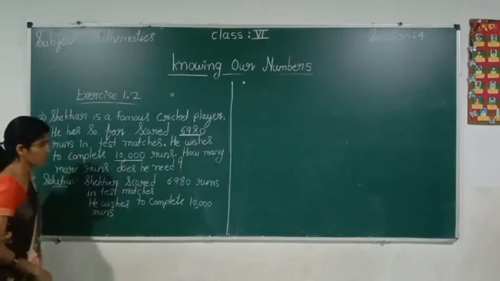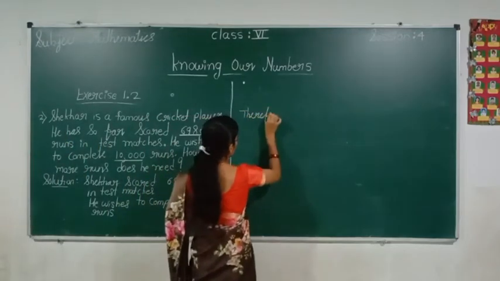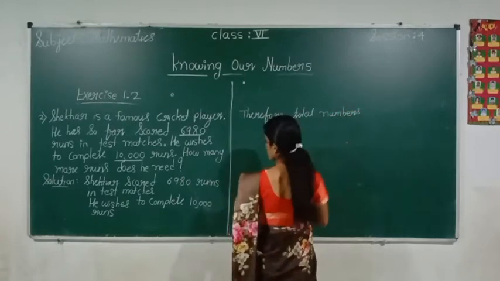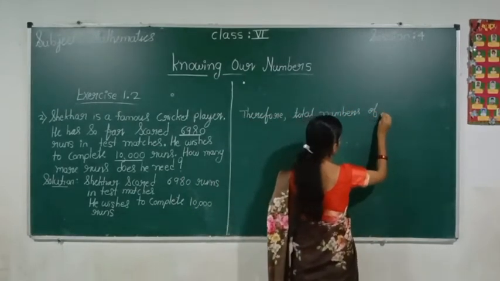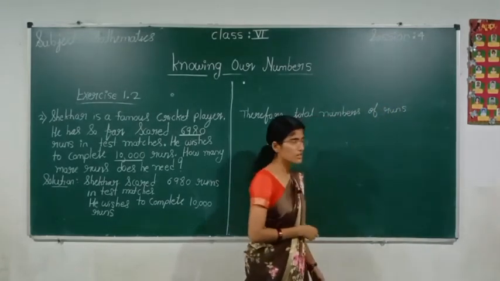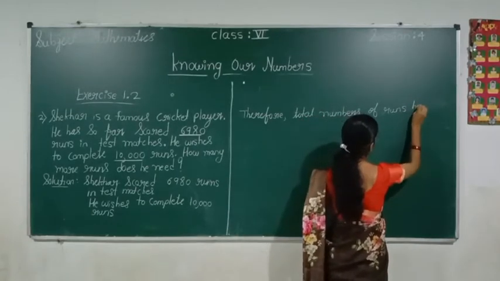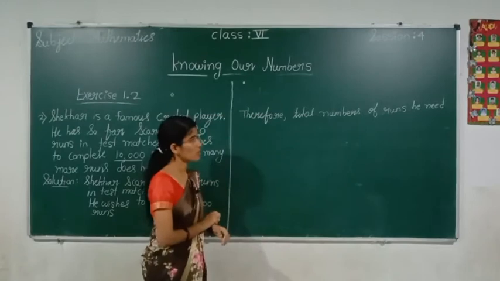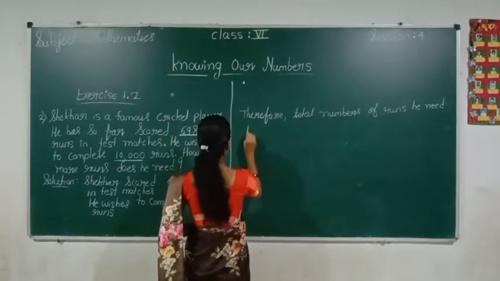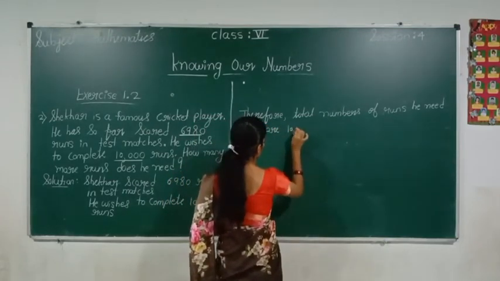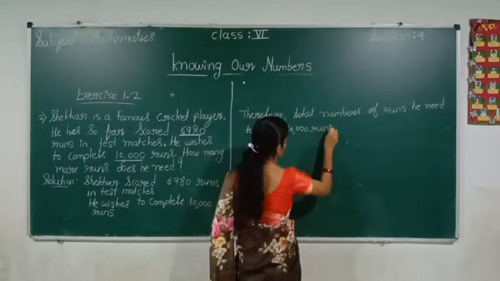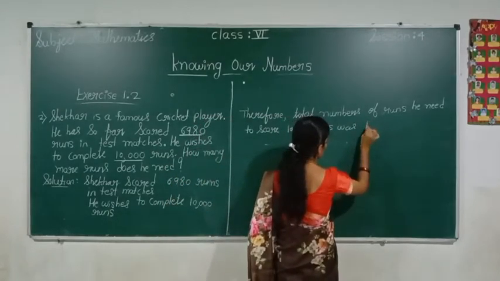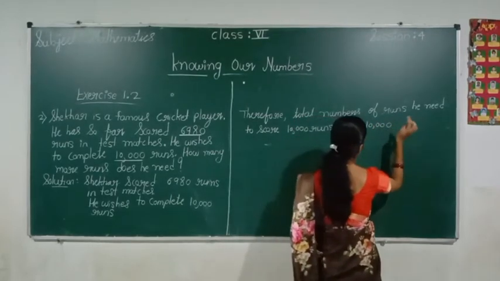Therefore, the total number of runs he needs to score, 10,000 runs, was 10,000 minus